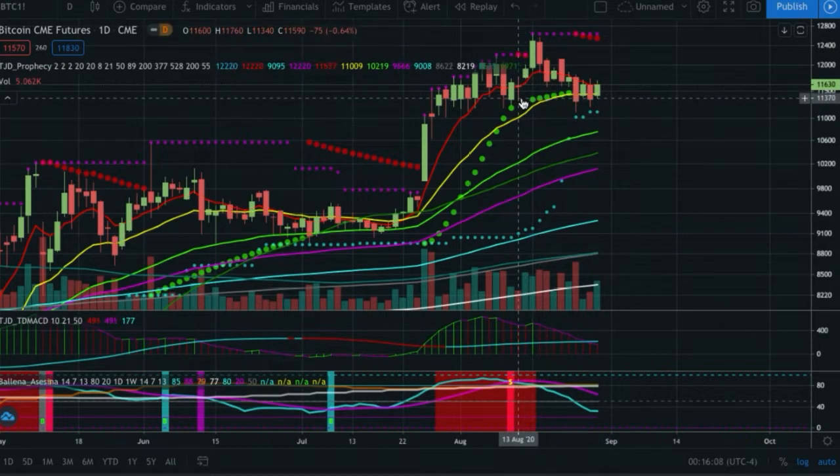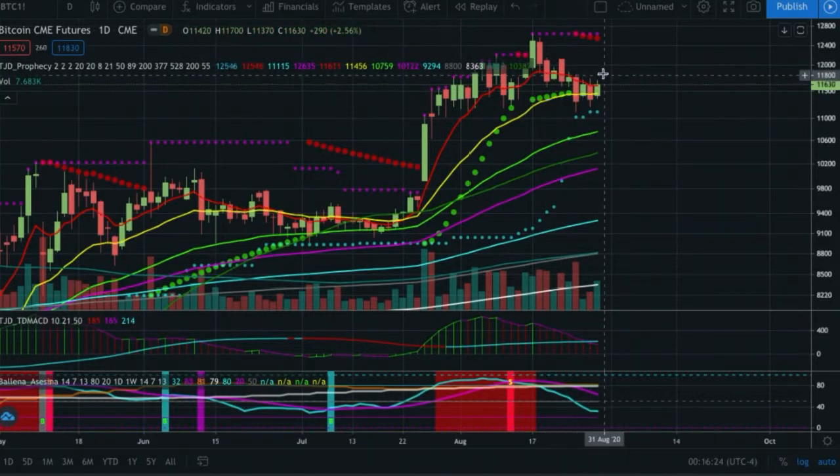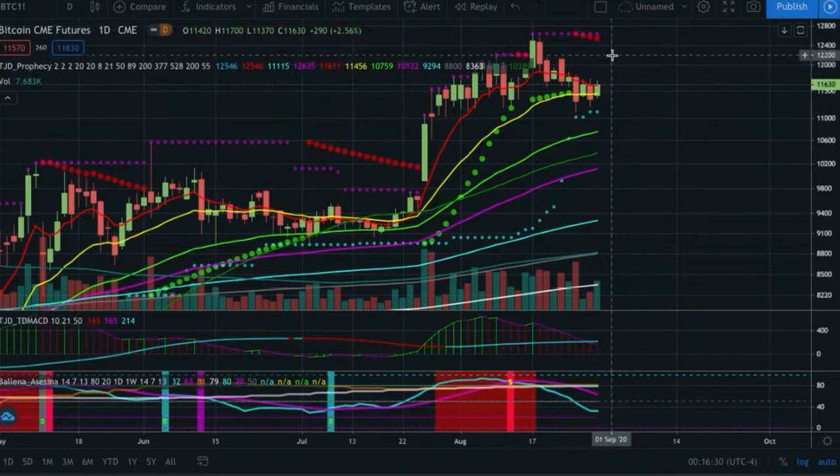We already broke down from this range. We put in the high. We put in a low that's lower than that previous swing right here. So essentially we could get the push back up and just put in a lower high again. And before we get continuation, in which case I would expect us to come as high as 12,000. Maybe not quite as high if we're a little more bearish, but it would prevent the cross of that 8 and 21. And then we could get continuation to a key fib level, retracement, 618 or whatever, and